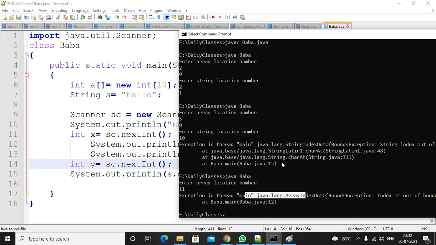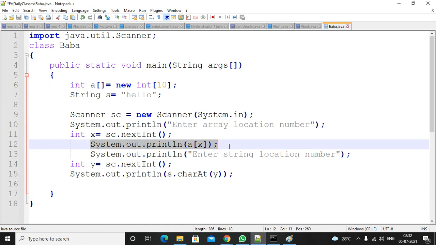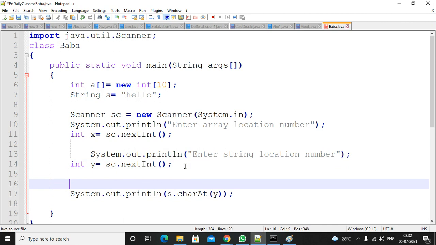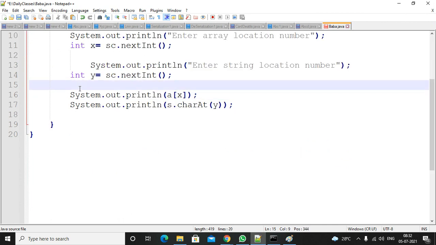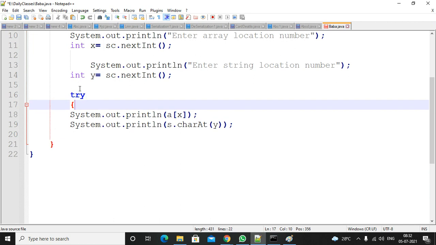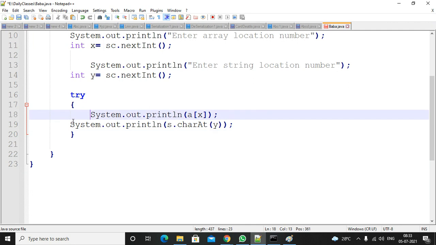You can handle this by using multiple catch blocks. Try with multiple catch blocks. So what I will do is take this line, Control X, and paste it here. Now I will write try and catch blocks here. First the try block. The try block is ended.